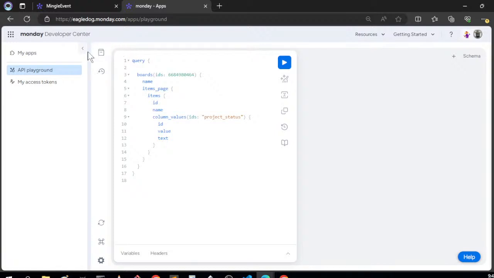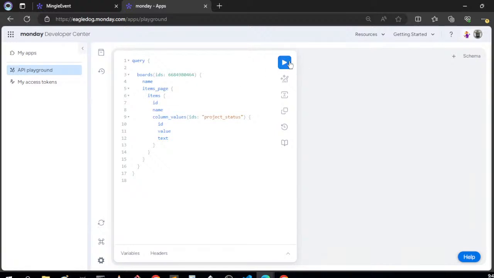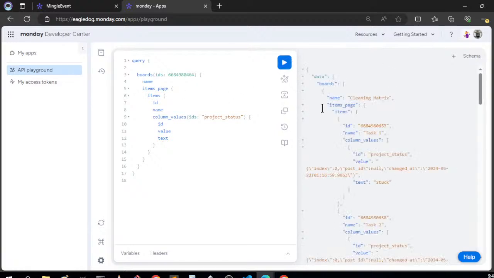That's what we call them, the admin. But basically, you're going to try to get into this API playground. You're going to get this API token that you're going to use, and then you can run these queries in the playground area, and then that'll get you lined up